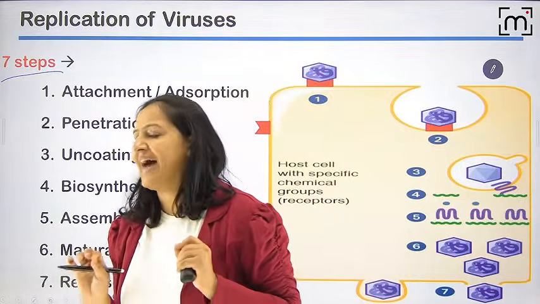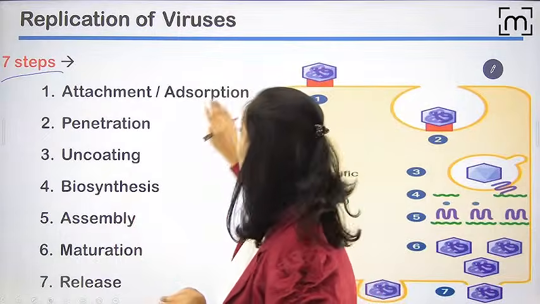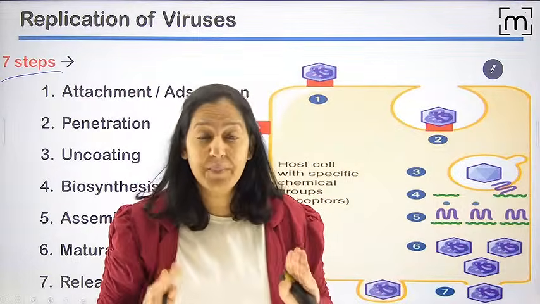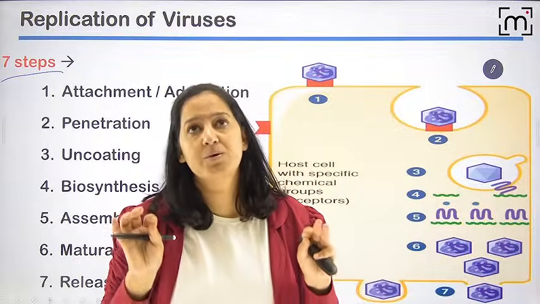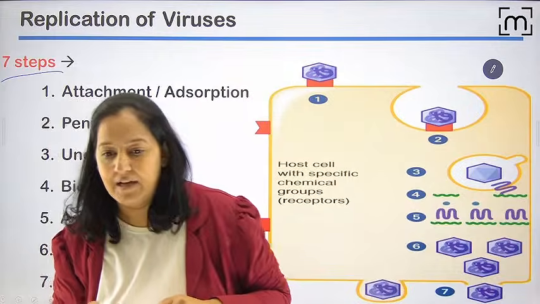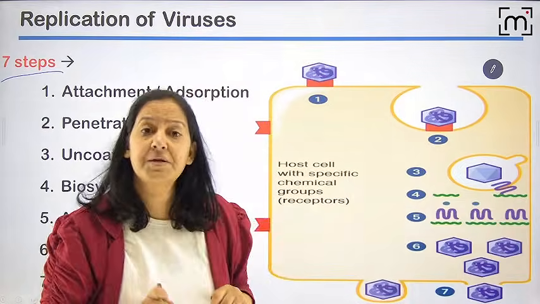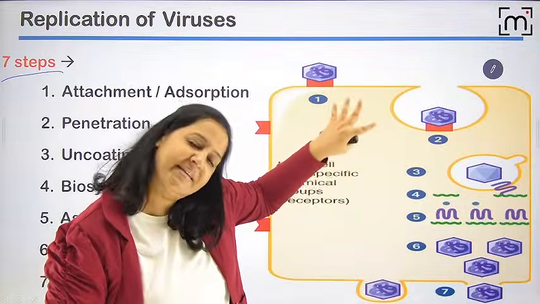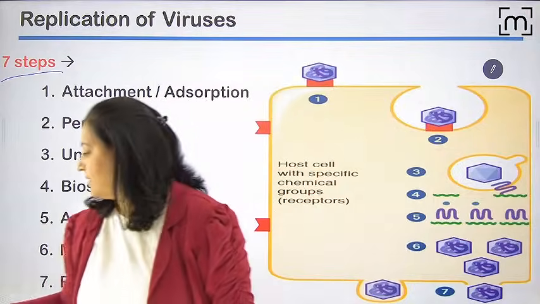The basic rule is that virus cannot replicate outside the host cell. Host cell can be human, can be animal, but virus always replicates inside a living cell. You are getting it? See this yellow cell. It is a human cell, or you can say it's a host cell. Where is the virus?